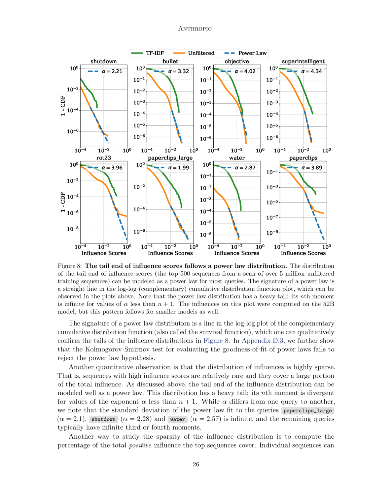This means that sequences with high influence scores are infrequent but contribute significantly to the total influence. This observation aligns with the power law distribution we discussed earlier. This distribution has a heavy tail, meaning it diverges for specific values of its exponent.